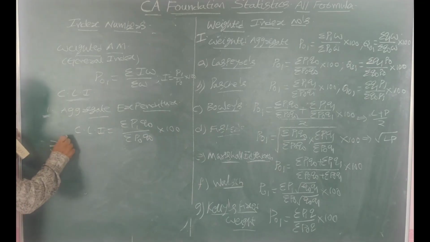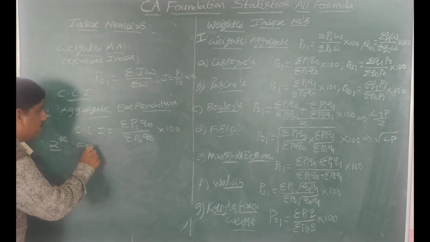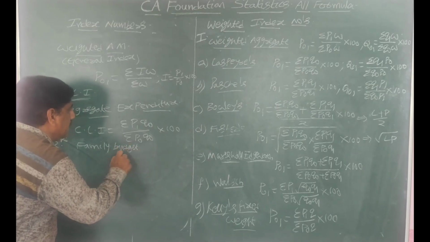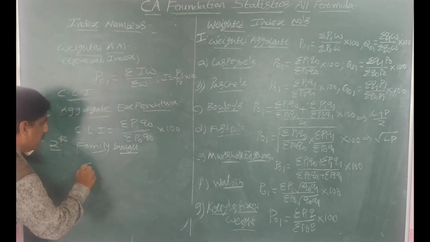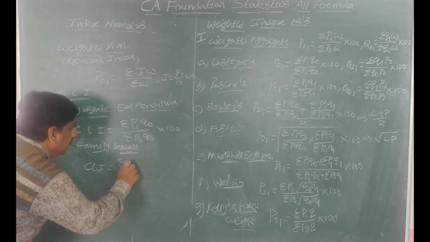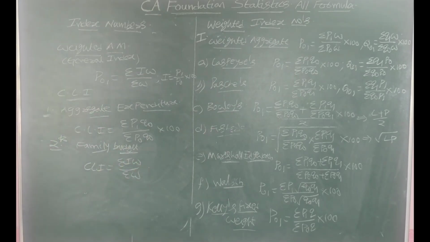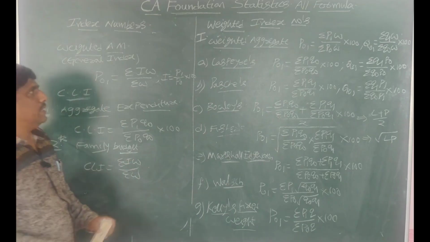And family budget method, which is the mostly used method. Family budget method formula for CLI is general index, which is this formula, summation IW by summation W. Family budget method formula is this one. Okay, next in index numbers,